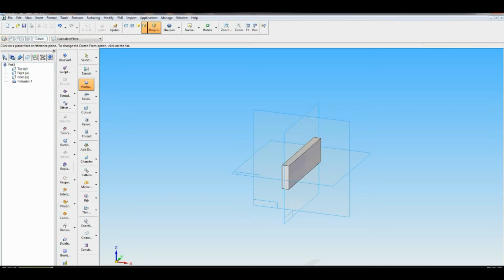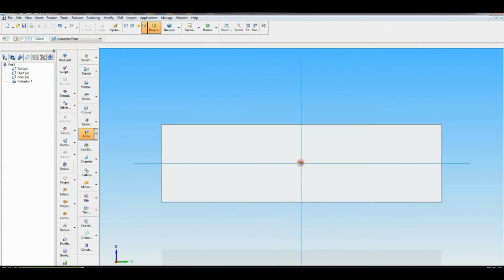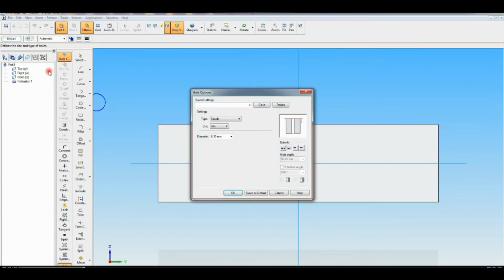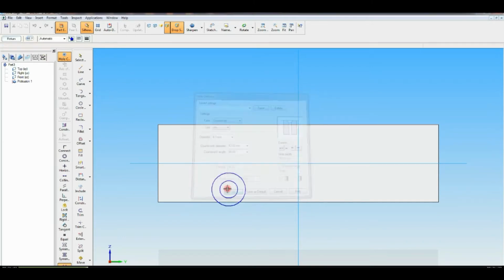Now click on the hole command, then select that surface. Then go to hole options, click on countersink. Diameter 6.3, countersink diameter is 12, countersink angle is 90°. Then click OK.